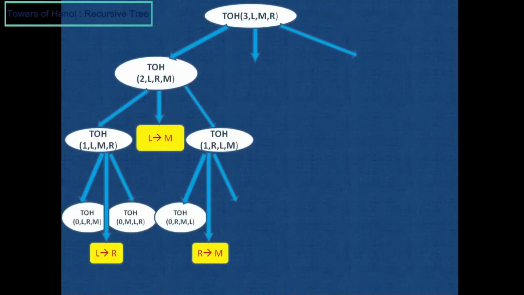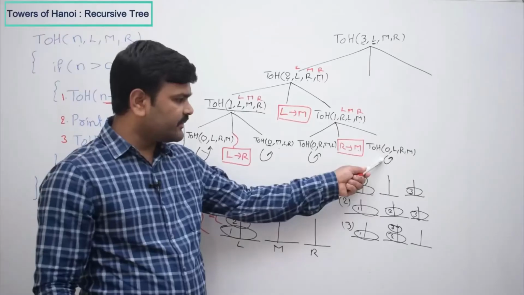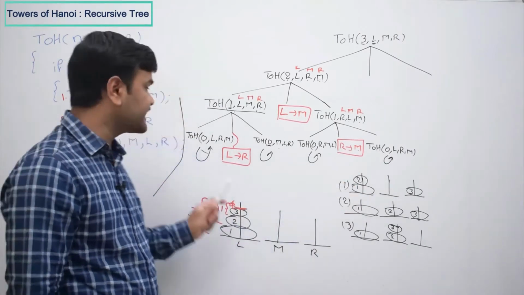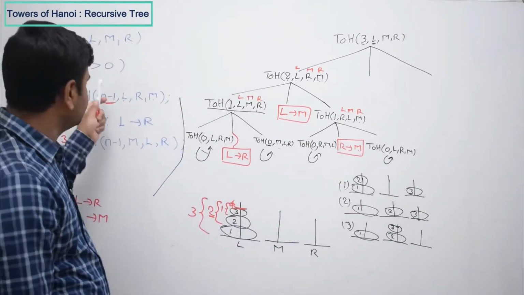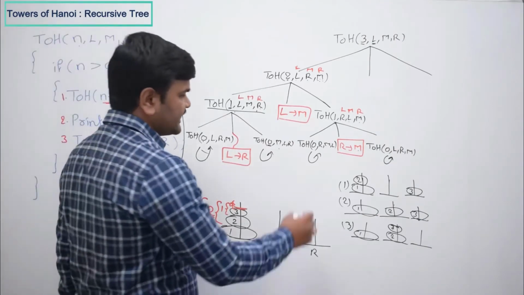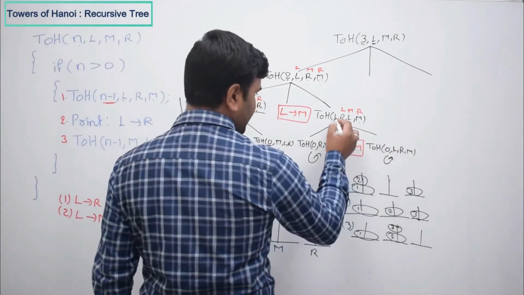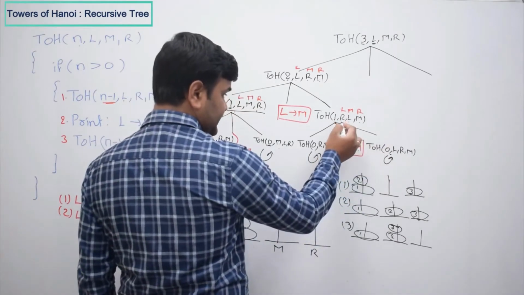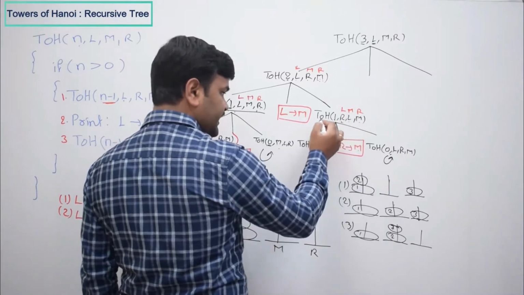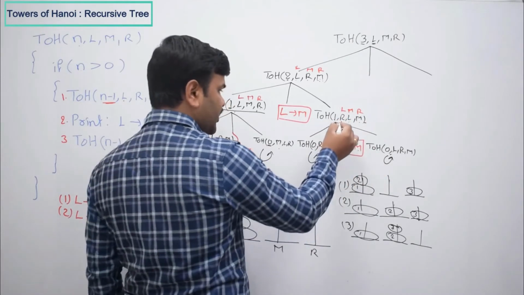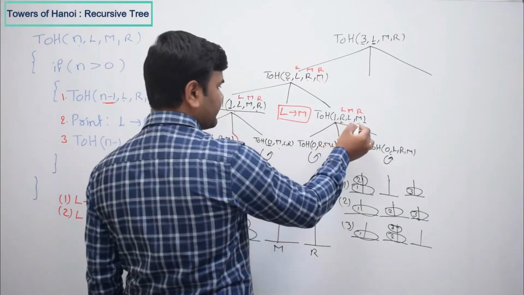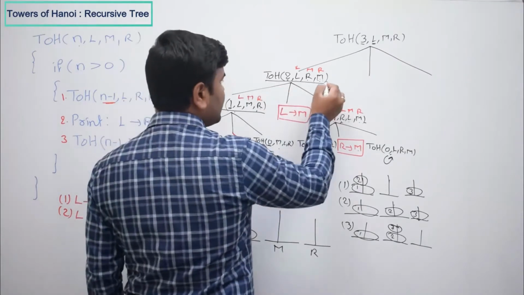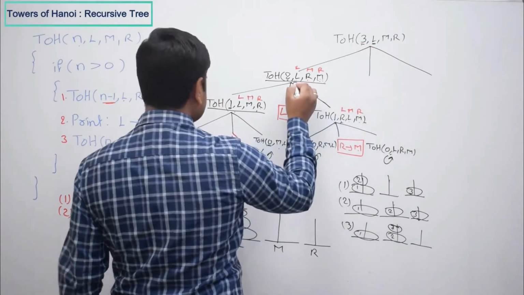Then 3 statements. So again 0 means it is simply coming back without executing these 3 lines, because the condition is false. So the 3 statements are over when n is 1. That means it is going back here. Now if you observe here, this is the third statement. So this third statement also completed. When the third statement is completed, it goes back to wherever it was called, here it is called. So when n is 3, the first statement is completed.